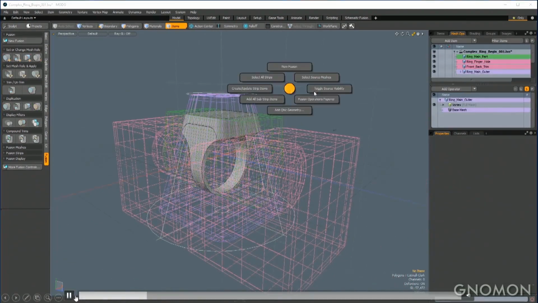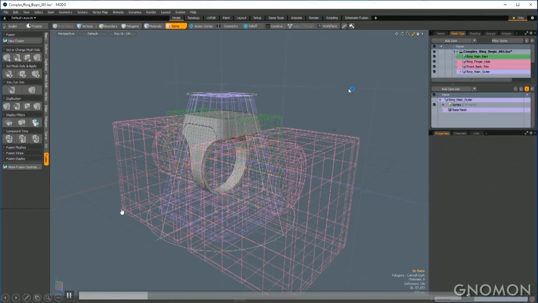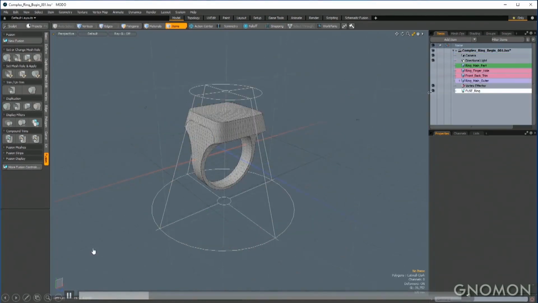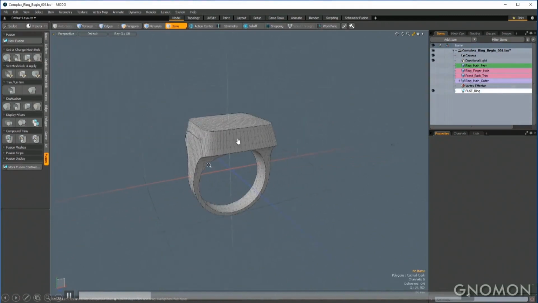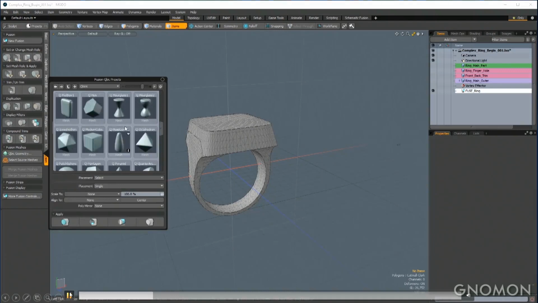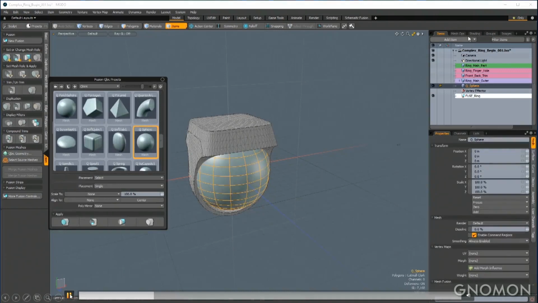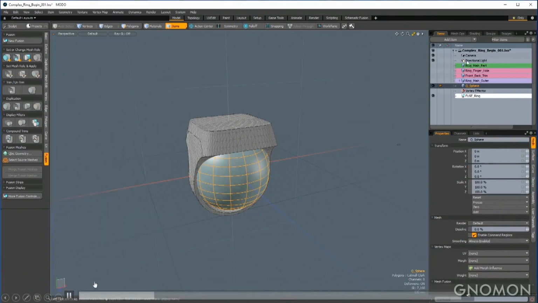And then I'm going to press Control F to bring up the Fusion Pie menu, and I just selected Disable the Fusion Sources, so that we can get rid of those wireframes. Now, the one thing I don't like about this is the top is very flat. So I'm going to come over to the Cubic Geometry preset browser and choose a sphere. Now, the cubics are all quad, all Catmull-Clark subdivision surfaces that are tailor-made for working with Mesh Fusion.